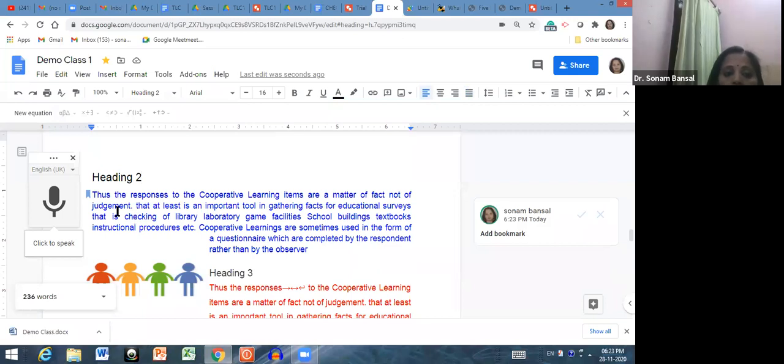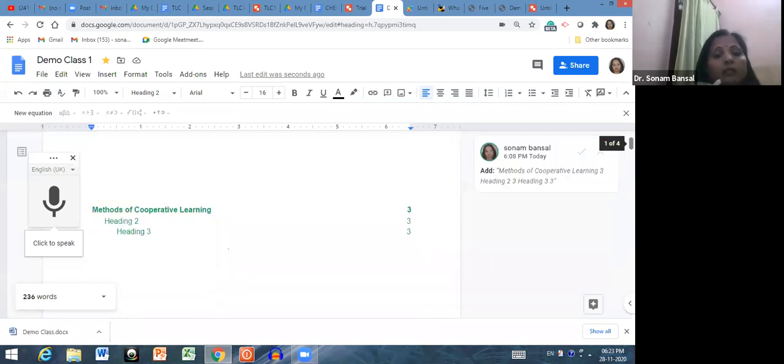See my cursor of blue color. This is the bookmark link. It means you want to give a bookmark as an important application. So you just click over here. So this is how you can work in Google Doc, and this is a very beautiful feature of Google Docs, that the citation and the typing will be done automatically. I have typed a lot of material just by speaking, and this is automatically done in the Google Doc.